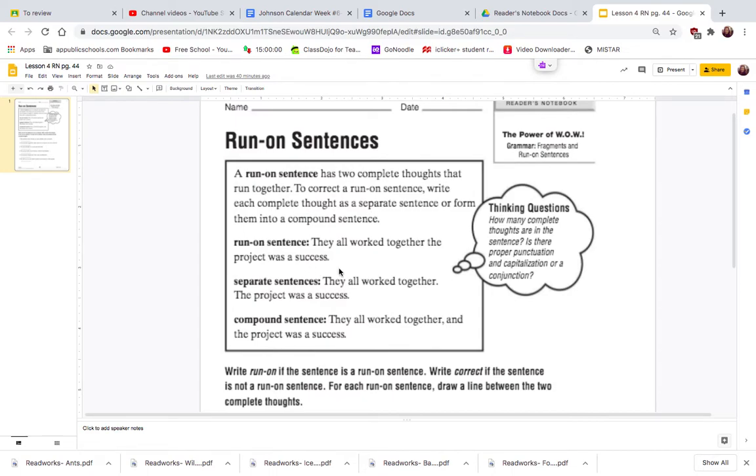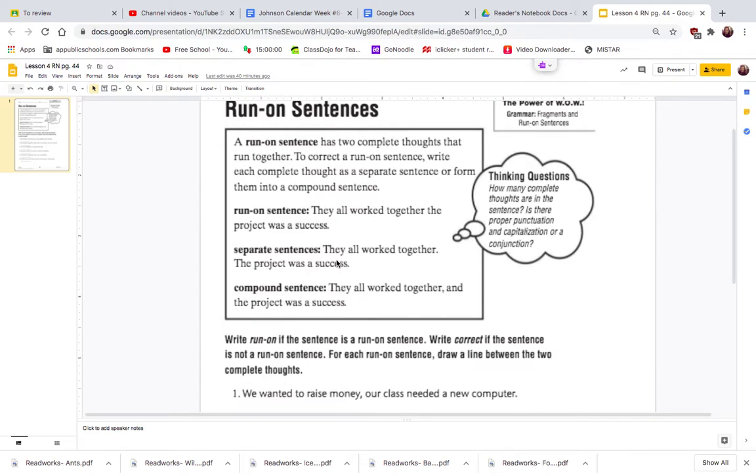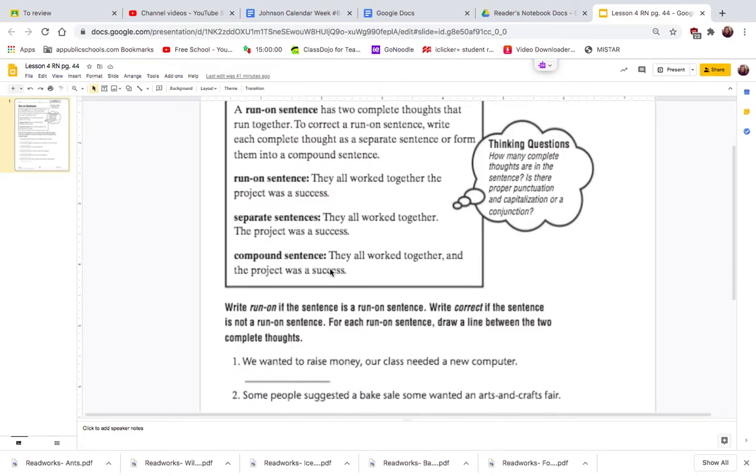If we take this run-on sentence and separate it, we could say, they all worked together. The project was a success. We can separate the run-on sentence into two sentences. Or I can take my run-on sentence and combine them, but I need to add in something so that it sounds better. So for example, I could say, they all worked together, and the project was a success. All I did was add a comma, and that allowed this run-on sentence to now become a compound sentence,